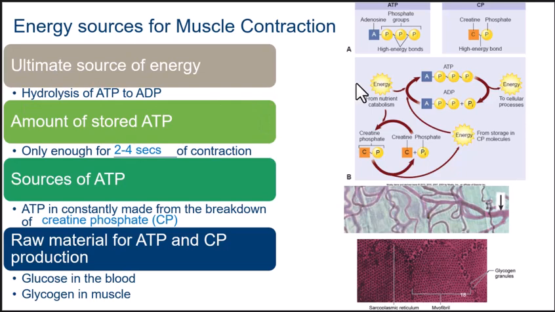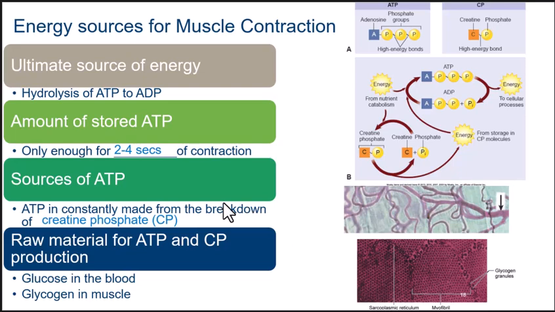So let's go over to this image here. Here's ATP, adenosine triphosphate, which has an adenosine and three phosphates that have a high energy bond connecting them together. In order to utilize the energy that's stored within ATP, we need to undergo hydrolysis, and the energy can be released, but what we're left with is ADP, adenosine diphosphate. We only have enough stored ATP for about 2 to 4 seconds worth of a contraction,